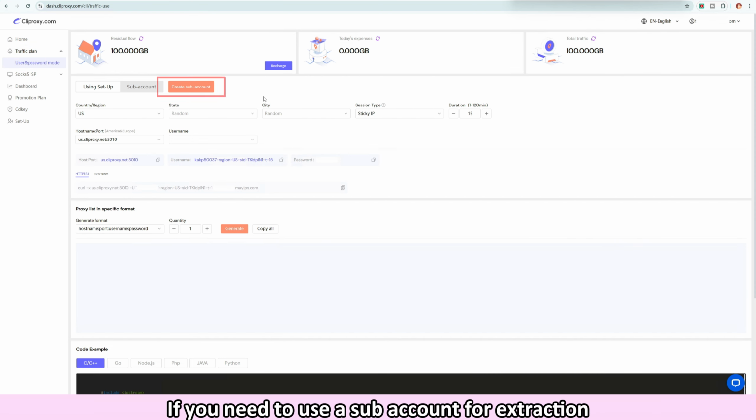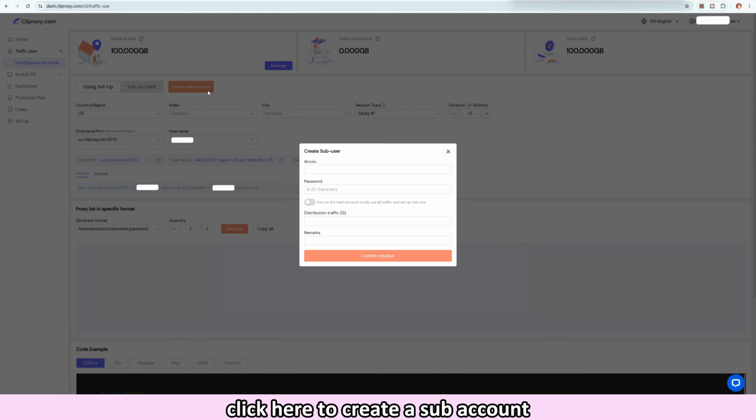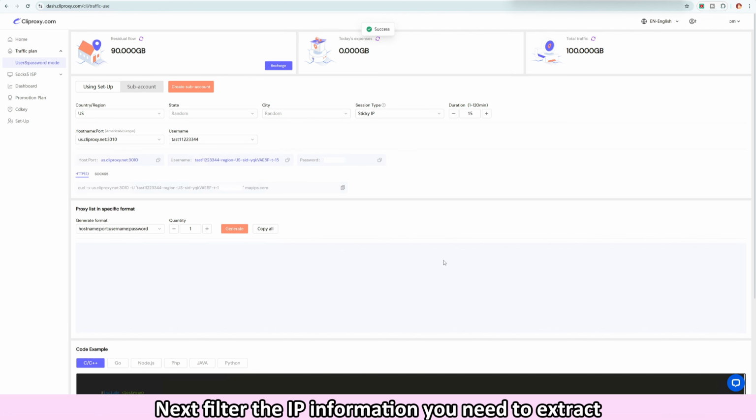If you need to use a sub-account for extraction, click here to create a sub-account. Enter the username, password, and the amount of traffic this sub-account is allowed to use, then click Confirm to complete the setup. Next, filter the IP information you need to extract